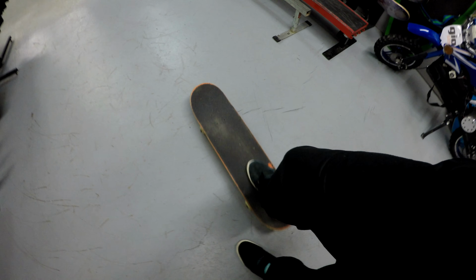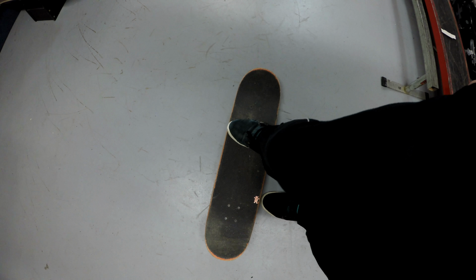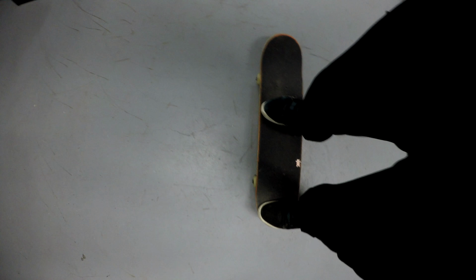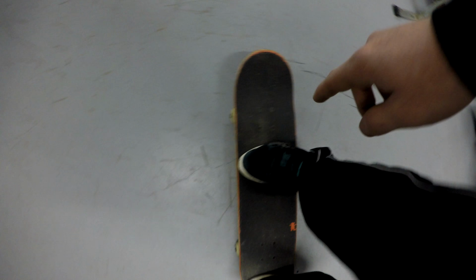So first things first, I'm going to be learning to do it goofy. You're going to want to have your front foot below those bolts. That's right. So you see there's 4 bolts here. The first 2, you're going to want to put it right before that, as you can see right there, just before it. Yep, about there. And then your back foot will be going on the tail. You can either put it solid tail or just on the edge like so. I like to put it kind of in between, so you get it right there. So that's how your feet should be looking in an ollie position, just below those 2 bolts and just on